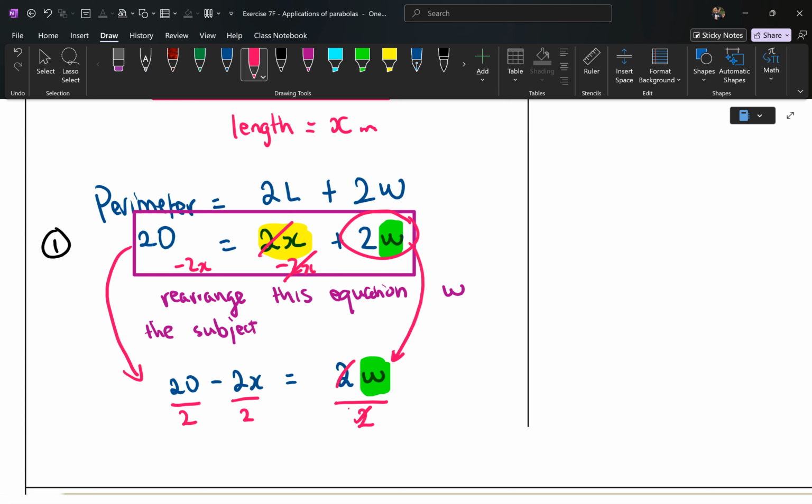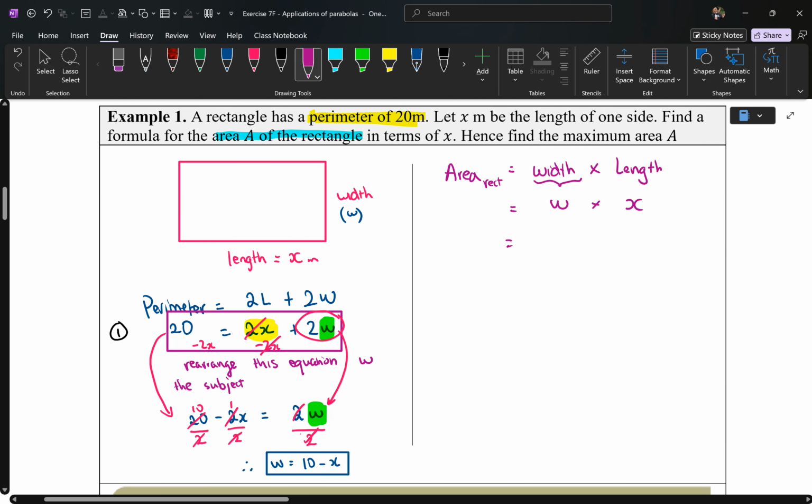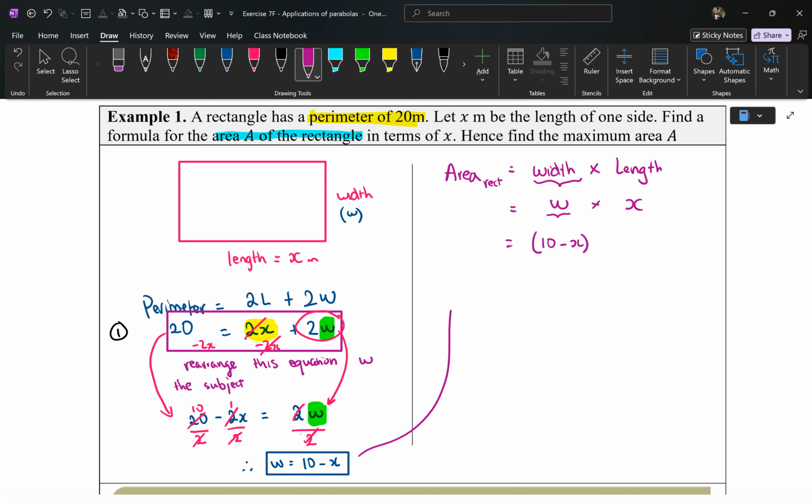Here we go. 2 divided by 2 cancels out. 2 divided by 2 is also 1 here as well. And 20 divided by 2 is 10. So that brings us to w is equal to 10 minus x. So that means your area formula is now, instead of w, we now know w is equivalent to 10 minus x. So we're substituting that w as 10 minus x